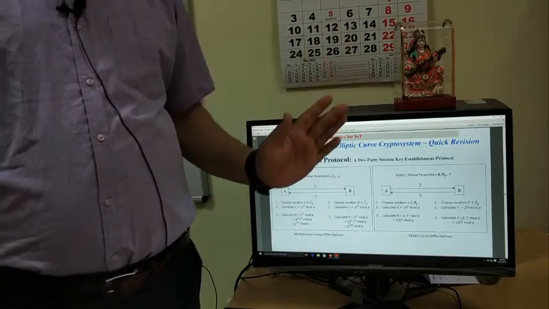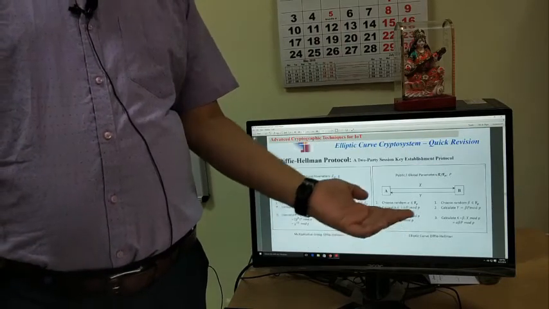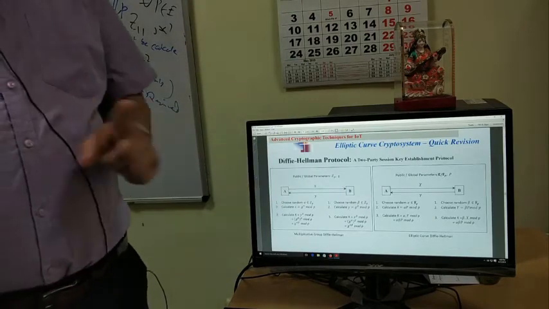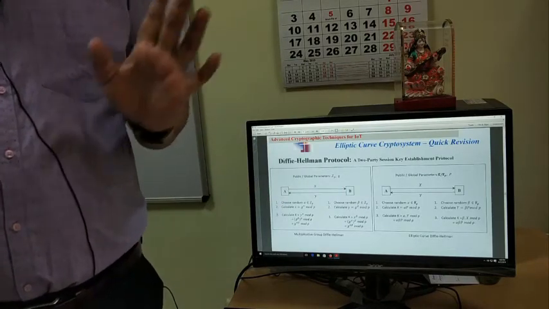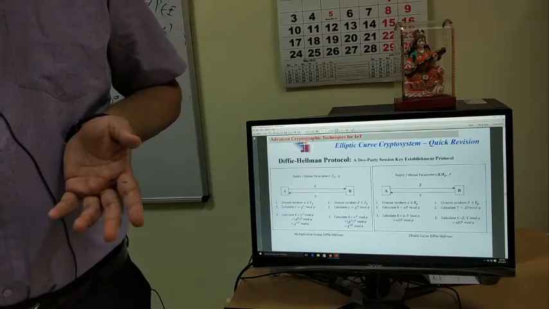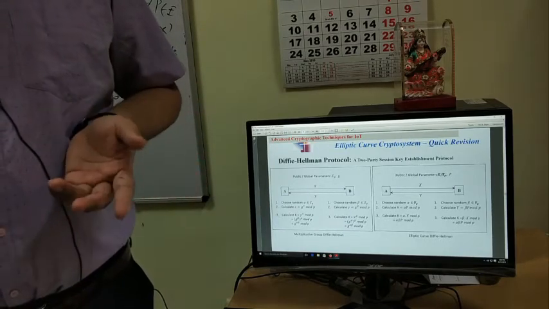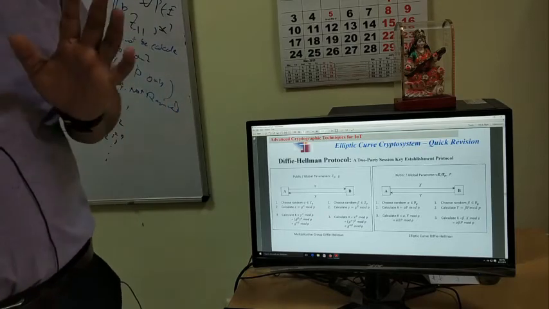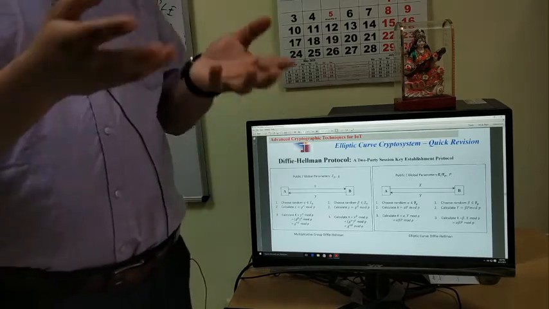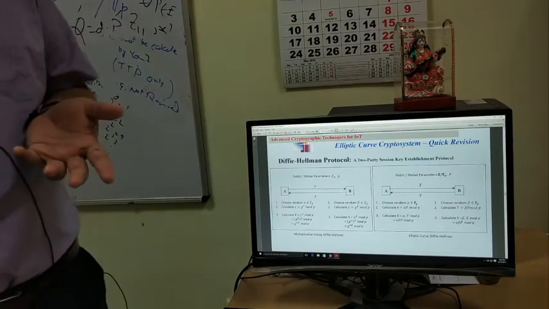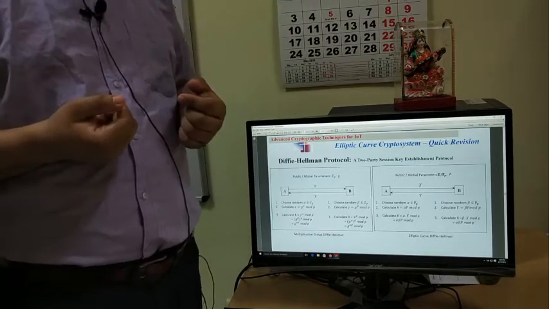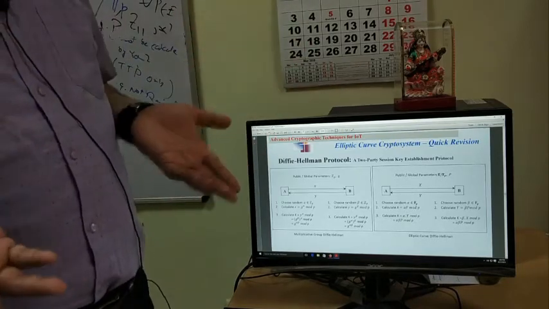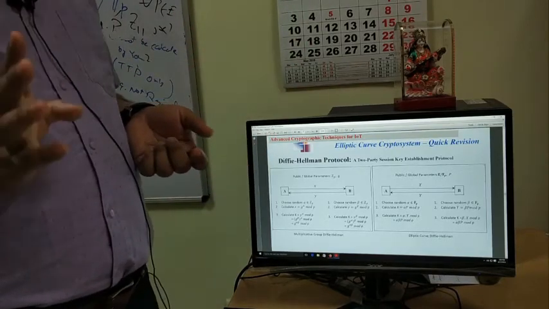But security about the protocol is secure only when this problem is hard. Which problem? Given, there is a computation problem. See, there are many types of problems. Decision problem, computation problem, counting problem, searching problem. So computation problem meaning usually the algorithms that you read. Some input is given, compute something. Decision problem is some input is given, answer me in yes or no. Whether it is a prime number or not, like that.